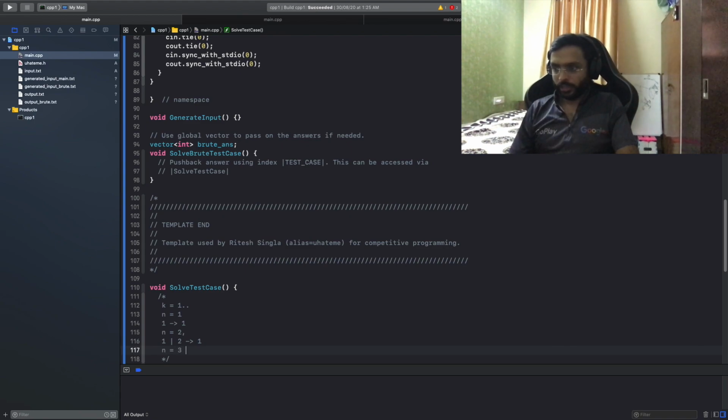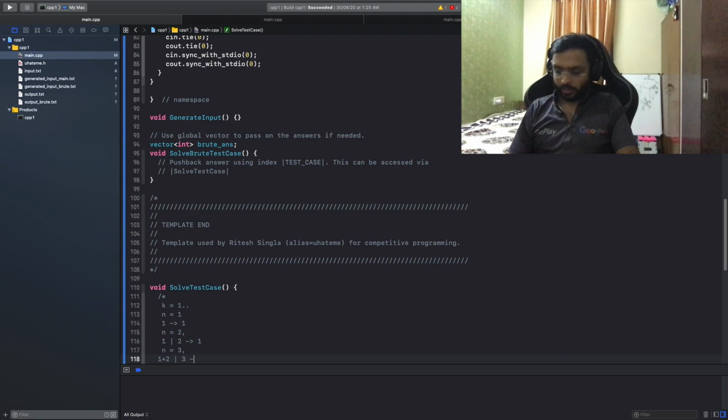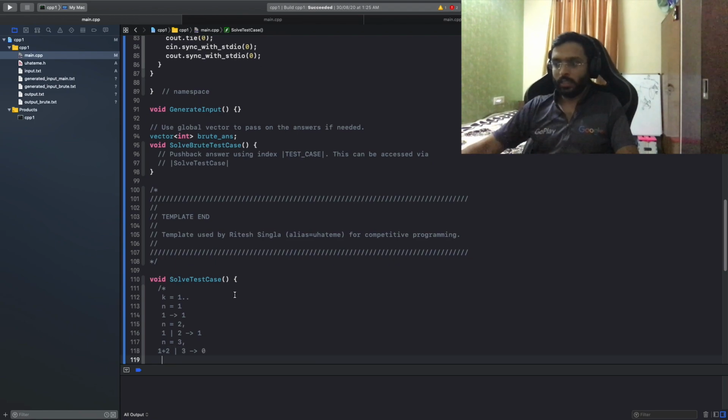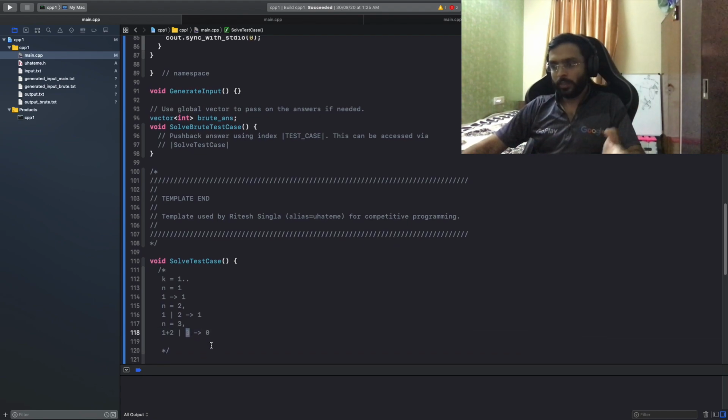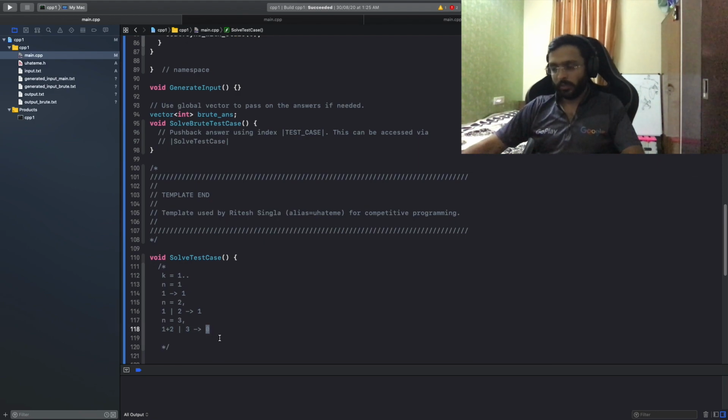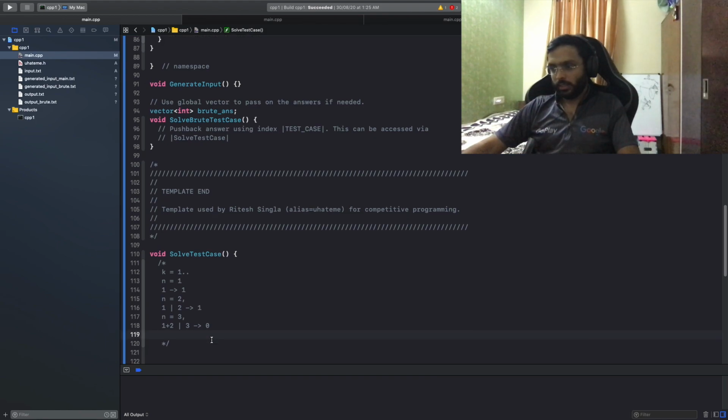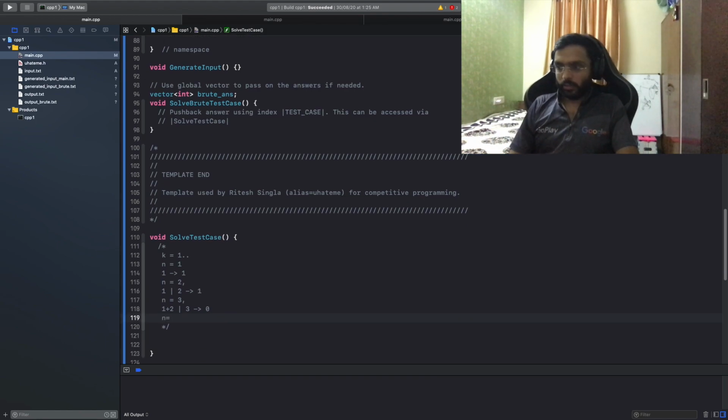For n equal to 3, one can have 1 plus 2 candies, the other will have 3. So I got the first and second heaps, and my friend got the third heap. Total candy with each person is 3, and the difference is 0.